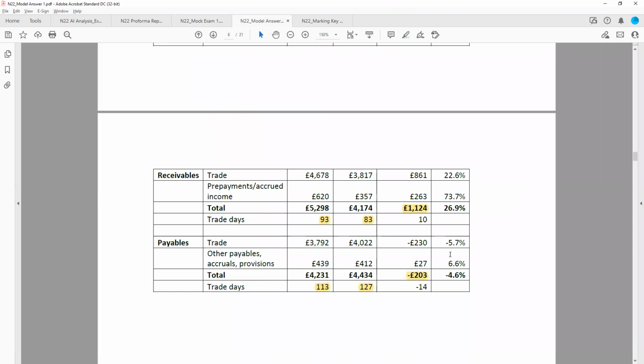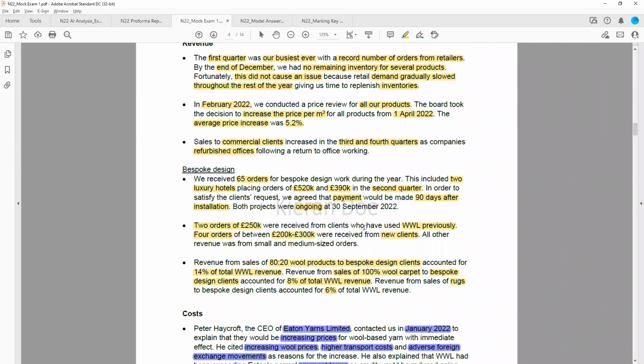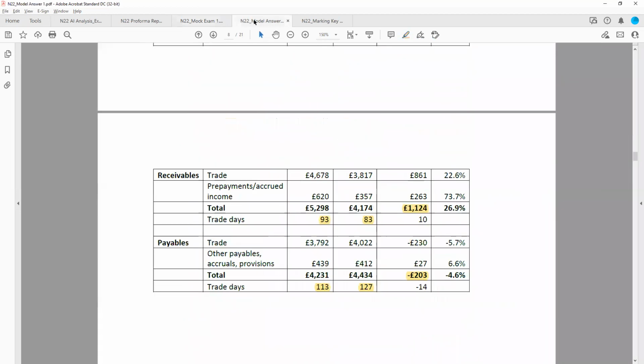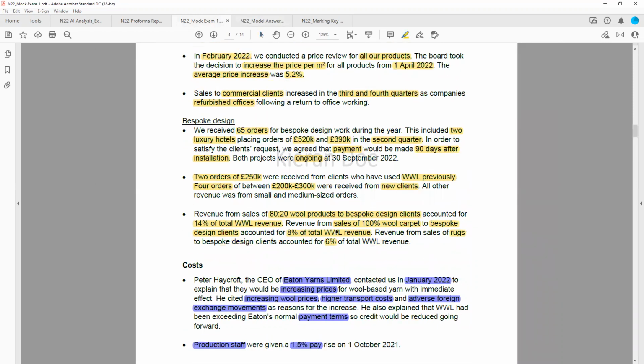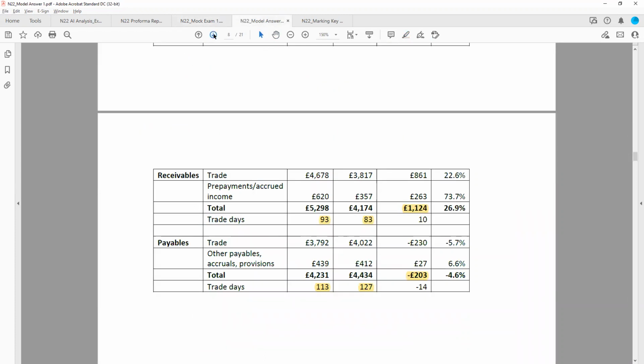Receivables as well, they're going up. Again, with that bespoke work, we were told of payment 90 days after installation. So it's probably some kind of accrued income there, as well as possible trade receivables. And you can see accrued income's gone up quite a lot if they've been doing work on the contract, but they haven't actually finished it yet. So trade days have gone up and payables have gone down, of course, because we were told that the supplier said that they had to reduce payment terms. So we can pick those out as the reasons why